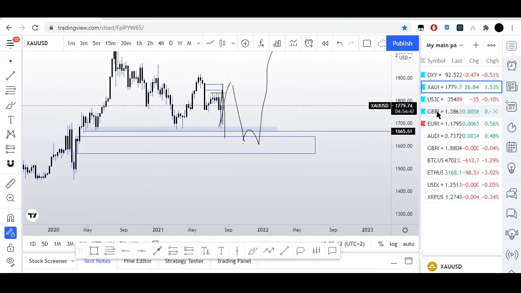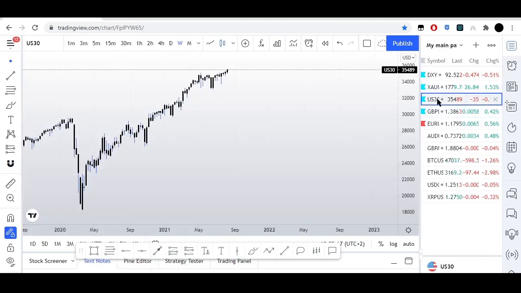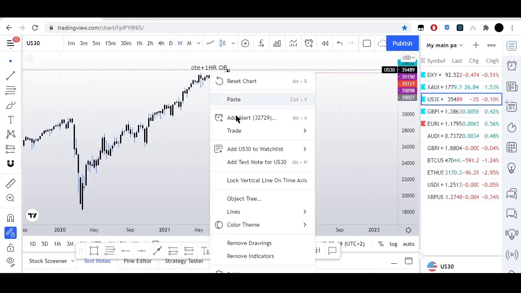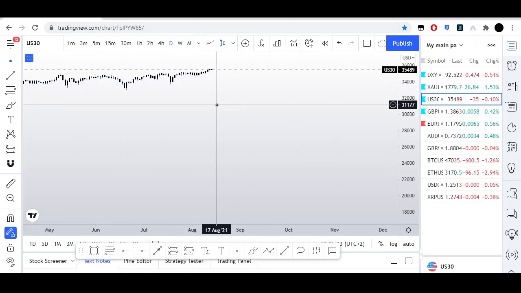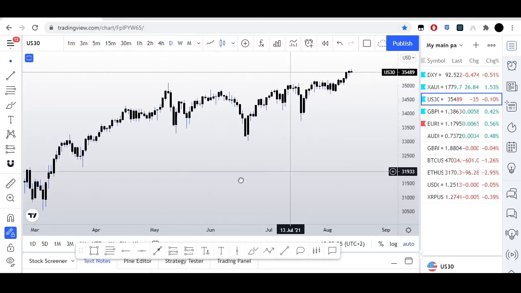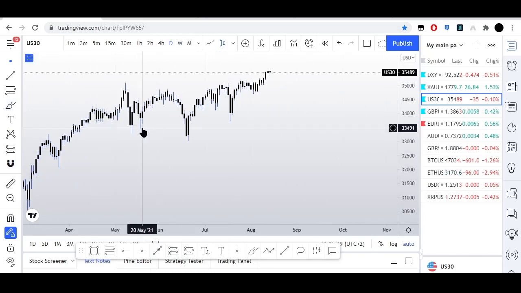Let's do US30. All right, so let's take this out. Let's go with a clean chart since it's a new week. All right, so this is what I can see, right? We had this support area right here,